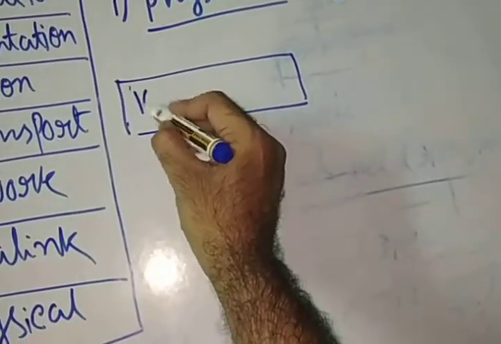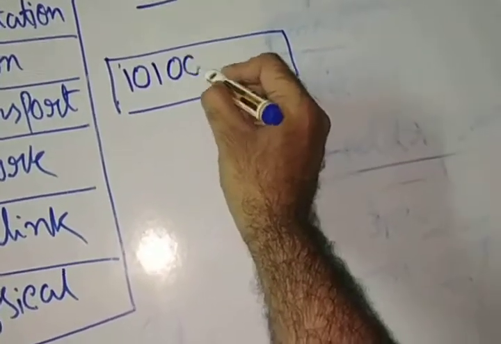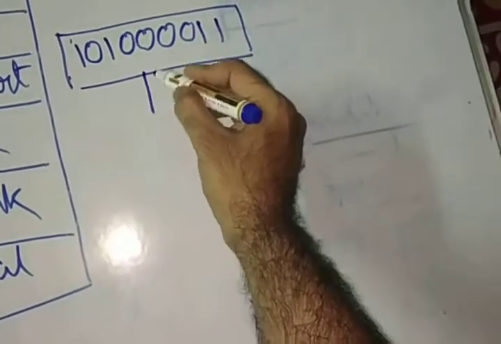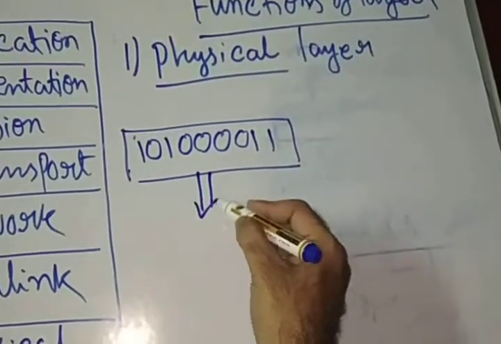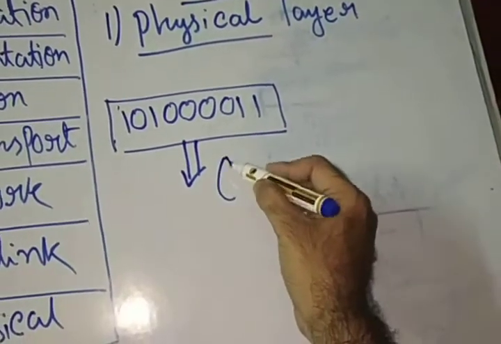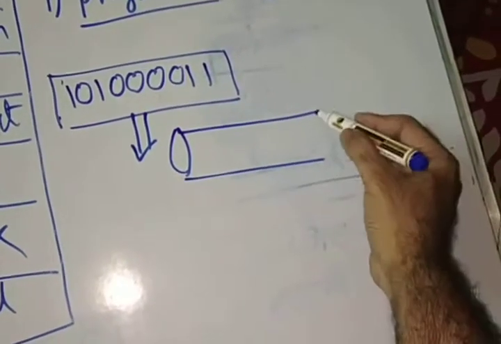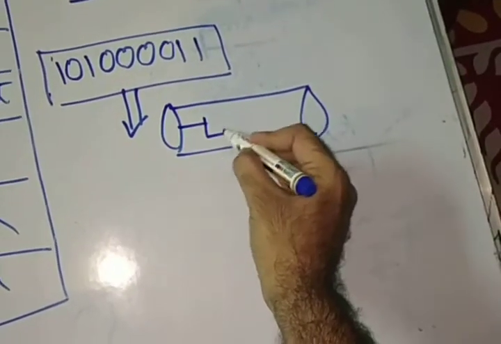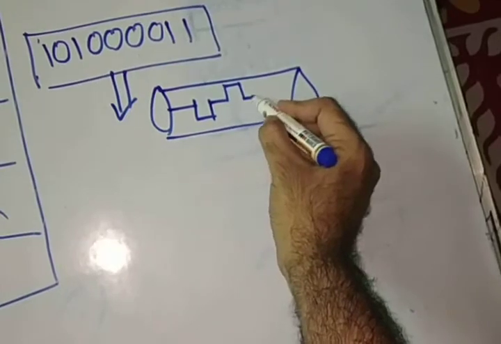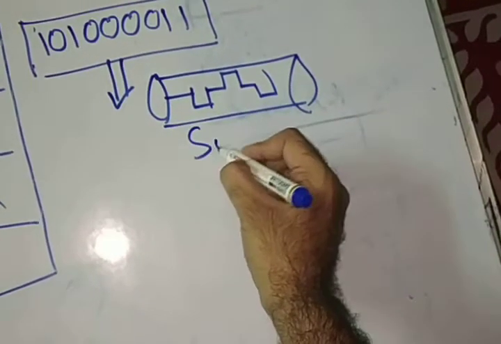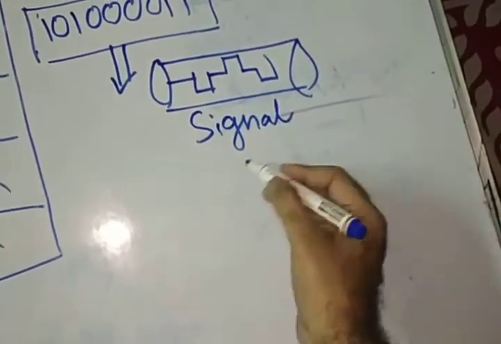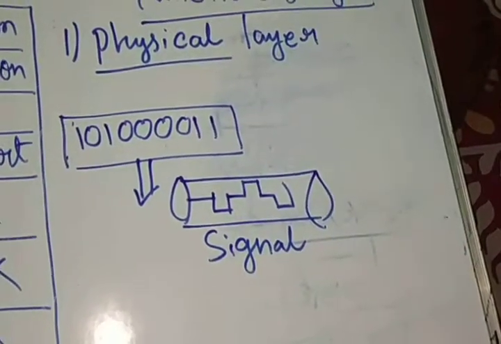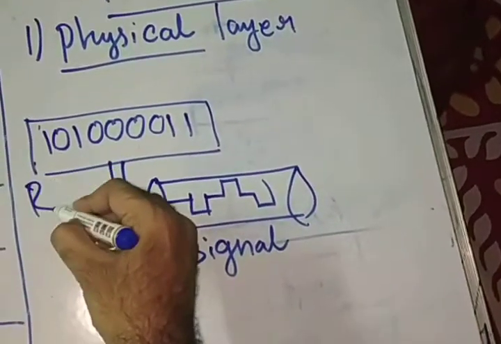there is a part that is 0 1 0 1 0 0 0 0 1 1. Suppose this is a data. Now physically if I want to transmit it by using this physical layer, that whole data is converted into a signal, an electromagnetic signal. Now through some physical medium, that signal is transported,